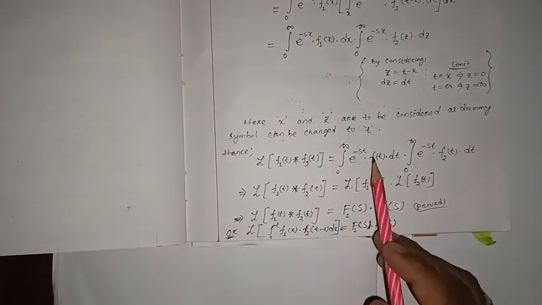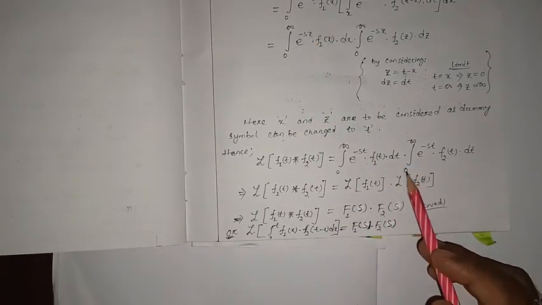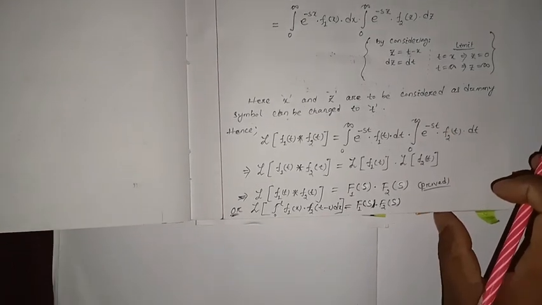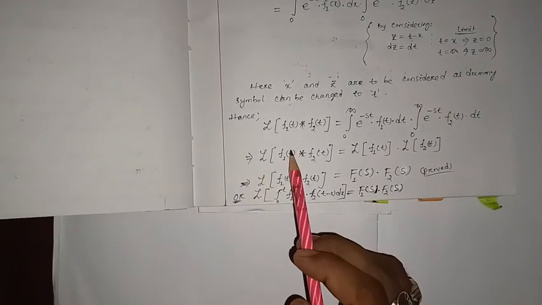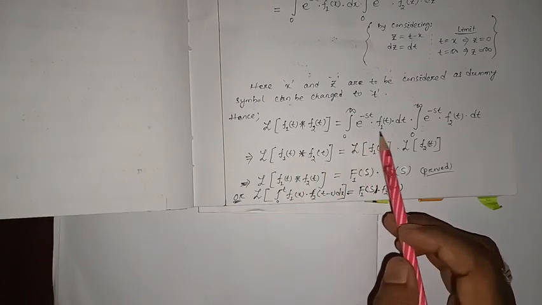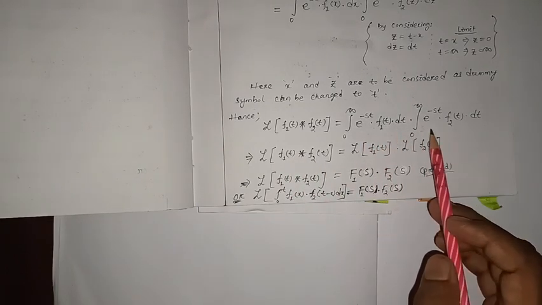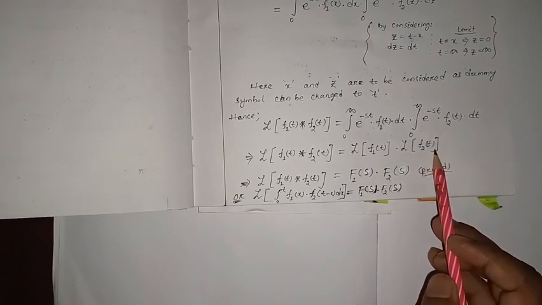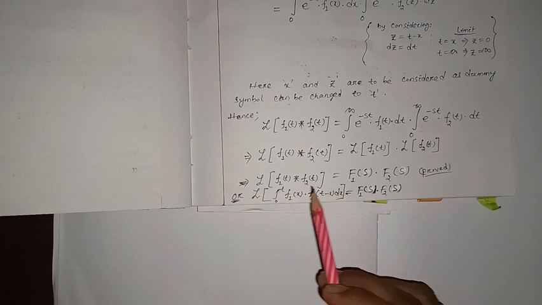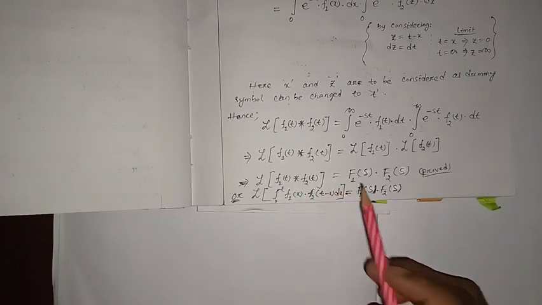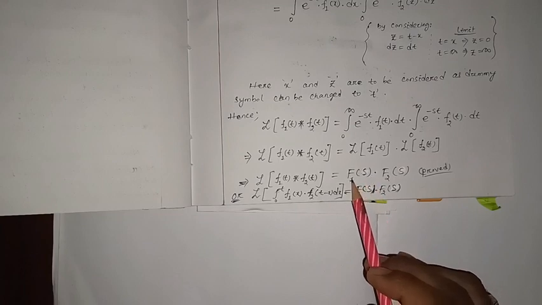Here x changes to t: integral from 0 to infinity of e^(-st) f1(t) dt, times integral from 0 to infinity of e^(-st) f2(t) dt. So that implies the Laplace transform of the convolution of the two functions. This integral is nothing but the Laplace transform of f1(t), and this integral is nothing but the Laplace transform of f2(t). So the Laplace transform of the convolution of the two functions is equal to capital F1(s)